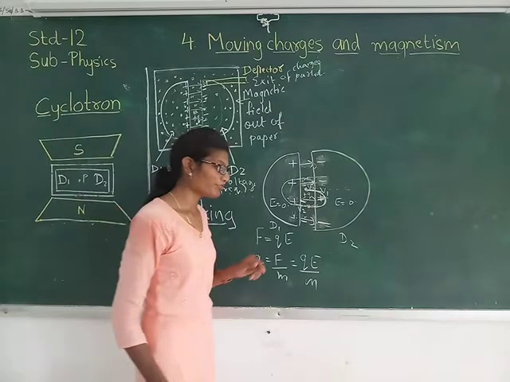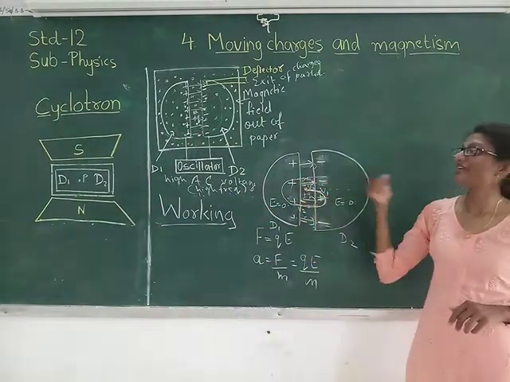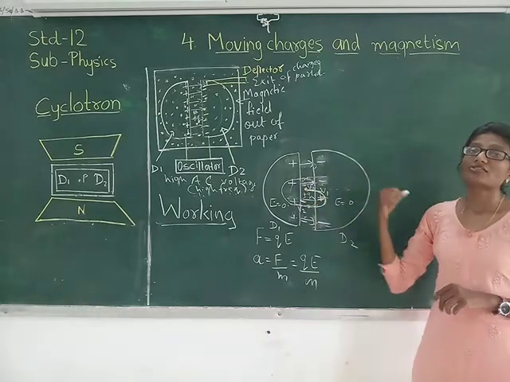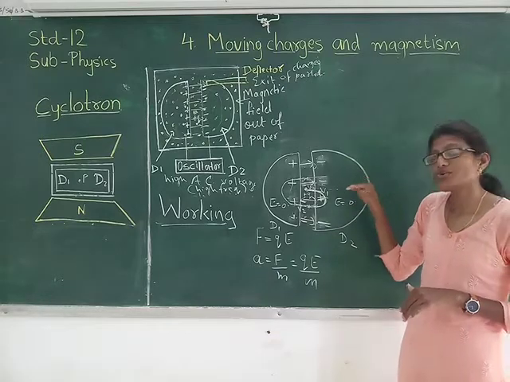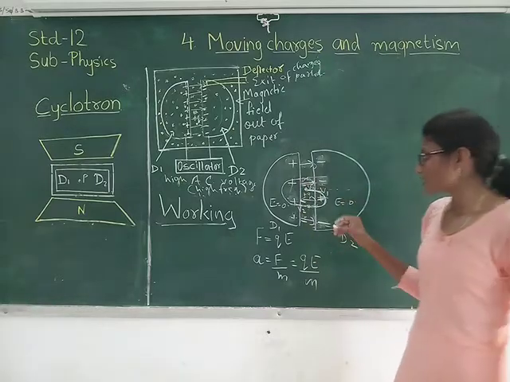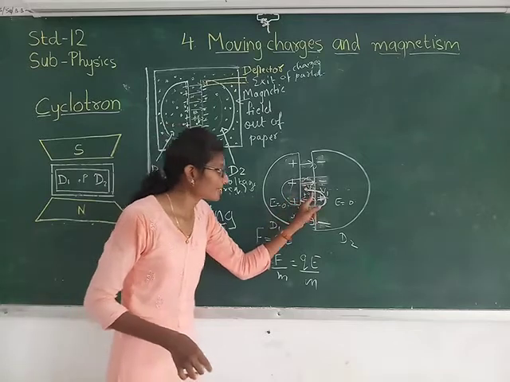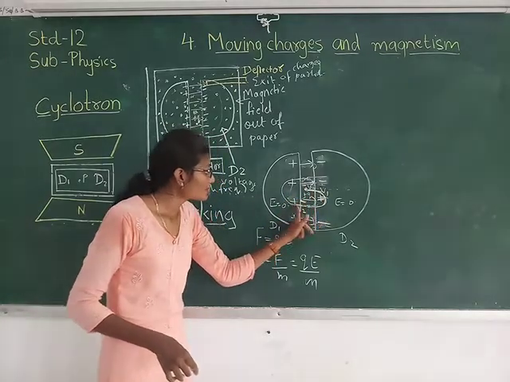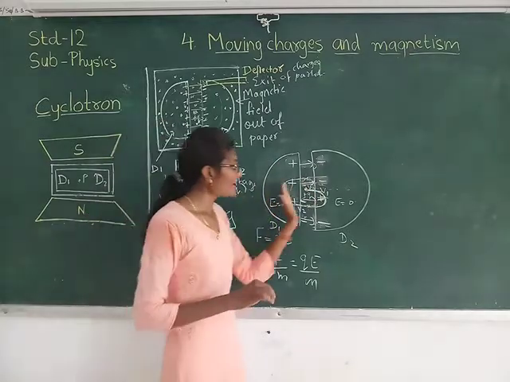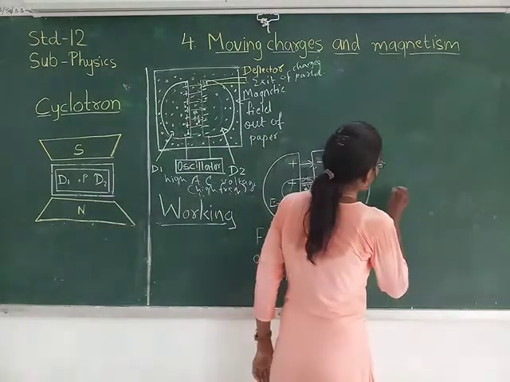So every time, the charge gets accelerated due to the electric field, but when it enters into the hollow cylinder, there will not be an electric field, so due to the magnetic field it will exhibit a circular path. But now, as you can see, instead of completing the same circular path, it has a spiral shape, right? Why is this a spiral shape? Why does its radius keep on increasing? That we need to know.